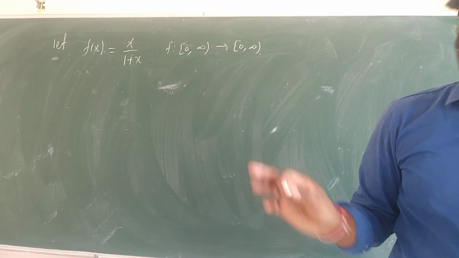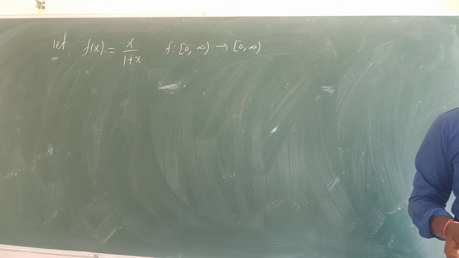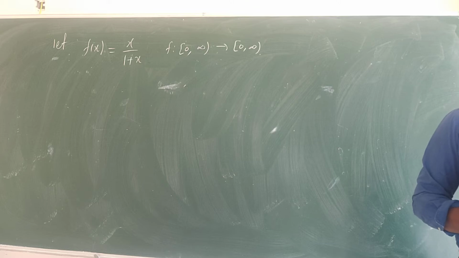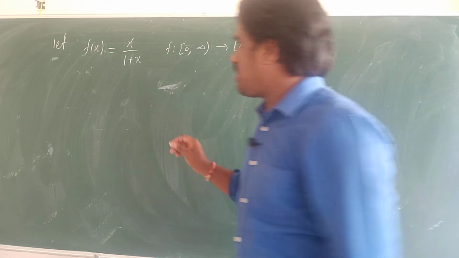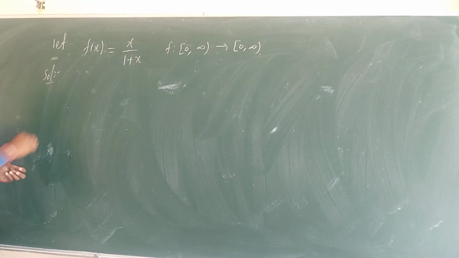Now we are discussing one-one functions. So let us see whether the given function is one-one or not. How do we know whether a function is one-one or not? There are 2-3 methods to find a one-one function. I am explaining the first method. The first method is, as I told before, we have to take f of x1 is equal to f of x2.